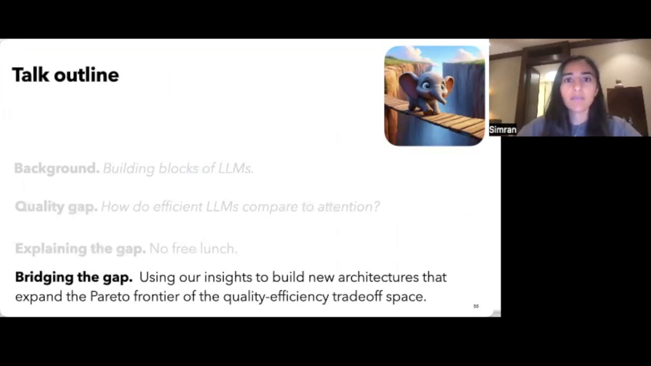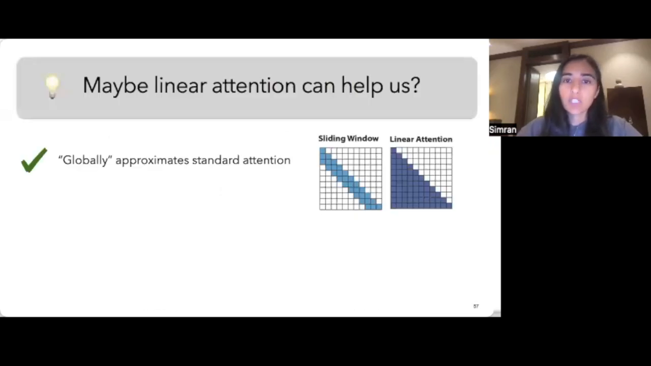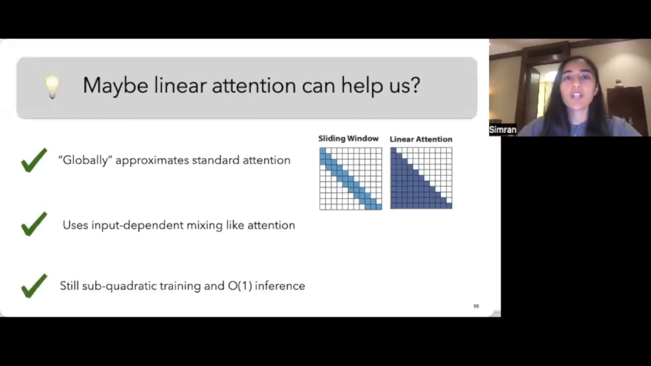So let's dive in. Recall from the beginning of this talk that linear attention replaces the exponential of QK transpose in attention with φ(Q) times φ(K) transpose for some feature map phi. Unlike sliding window attention, linear attention will provide a global approximation of attention along the sequence dimension. It uses input-dependent sequence mixing like standard attention, and it also retains subquadratic training and O(1) constant inference in sequence